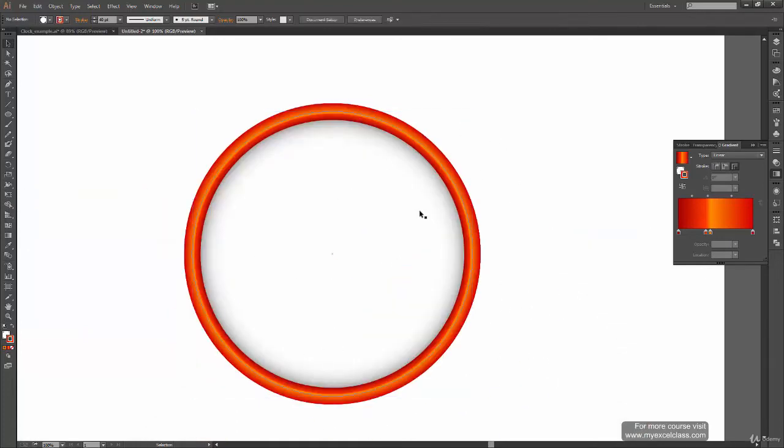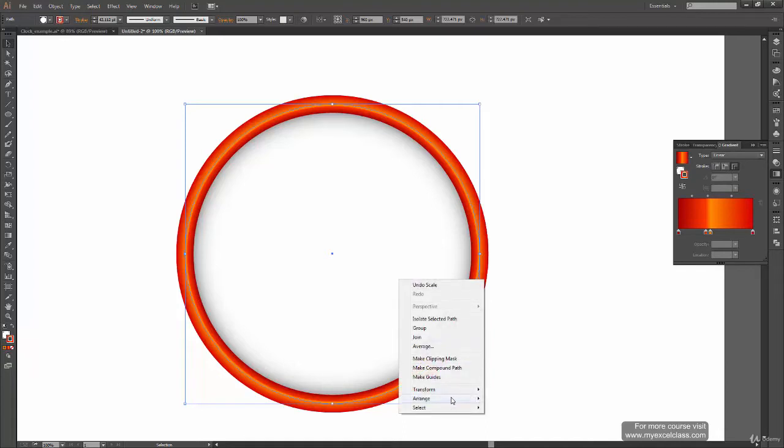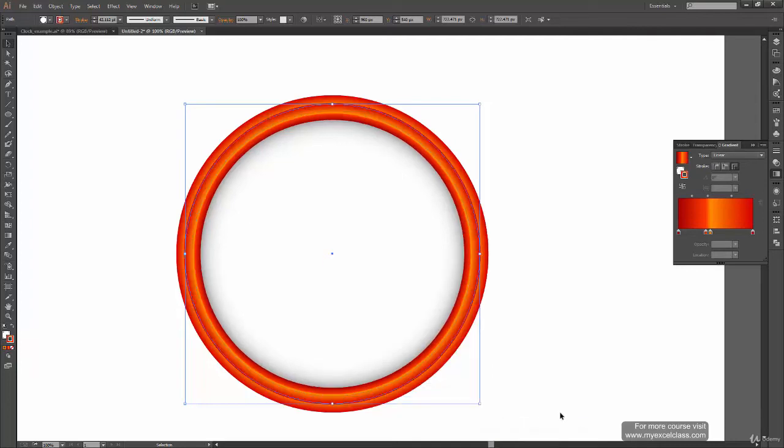Now what you can do is select the top object and just scale it a bit so that we have something like this. But now you are not able to see any change because the object at top is scaling and the object in the back is the same. So to bring this object to the back, what you can do is right click on this object and then you have this arrange menu over here. When you hover over the arrange, you can see four submenus which say bring to front, bring forward, send backward and send to back. Now I'm going to click on send to back and we will see how these four also work. So here we have our object at the back.